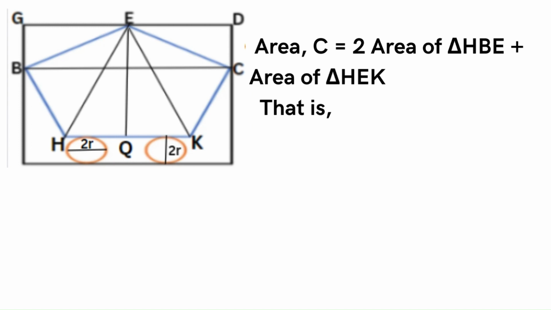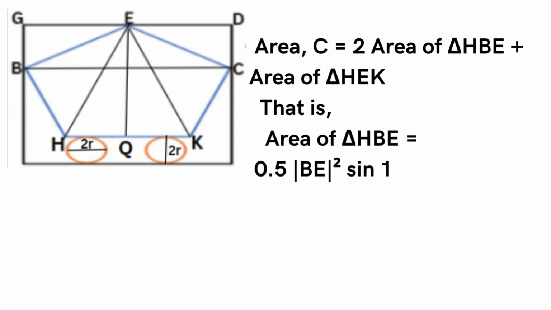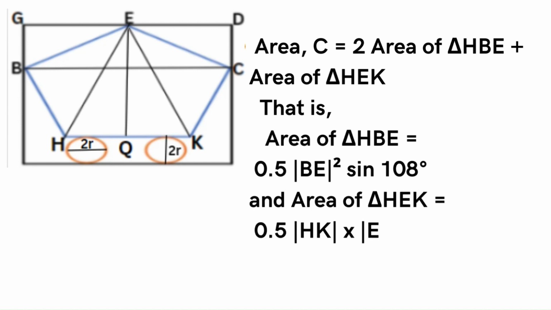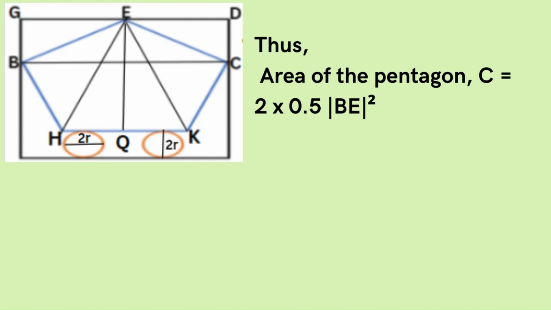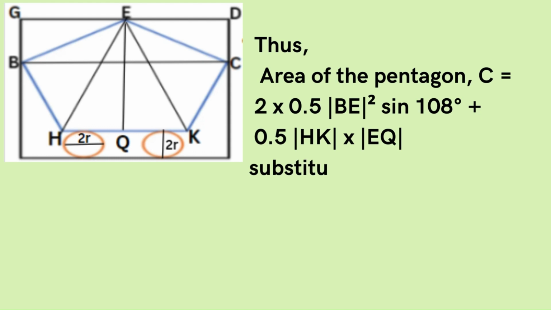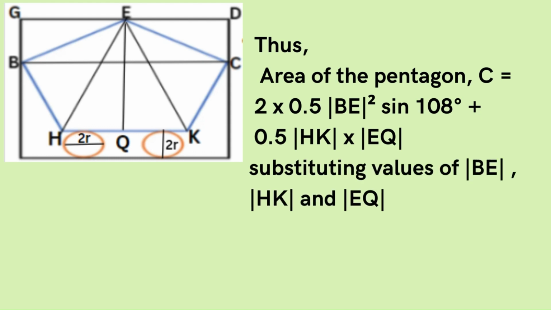But the area of triangle labeled HBE equals the product of 0.5, the square of line labeled BE, and sine of angle 108 degrees. And the area of triangle labeled HEK equals the product of 0.5, length HK and length EQ. Thus, the area of the pentagon, C, equals the result you see on the screen. For simplicity, by substituting values of line labeled BE, HK and EQ, we have